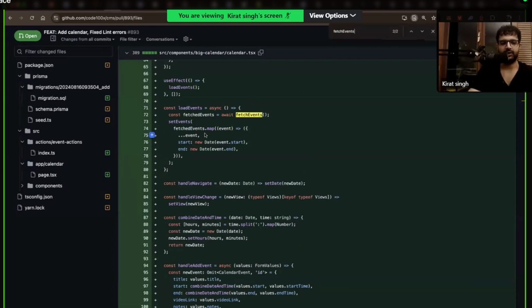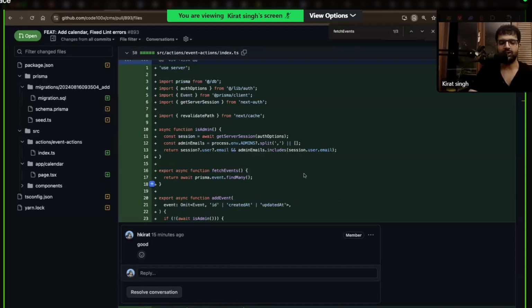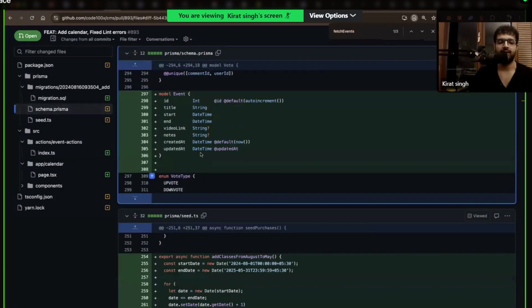Fetch events, set events. So there's one big problem here. Cohort 3 students, cohort 2 students, other people, everyone will have their own. This is like a cohort 3 calendar. It's fine, we'll merge this in for now. But cohort 2 students will also start to see the cohort 3 calendar. People who have the web dev cohort will start to see the web 3 calendar. So the schema needs to have, what all courses is this event relevant for? So when the admin is adding events, it'll add, this course is relevant for this, and this.